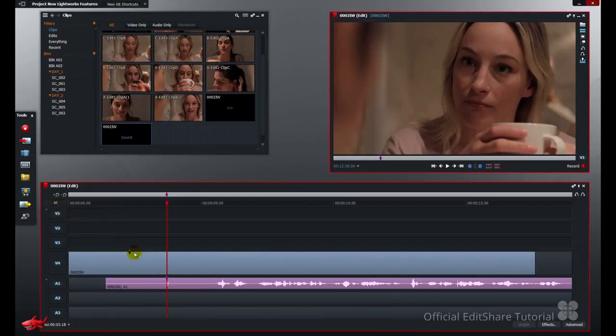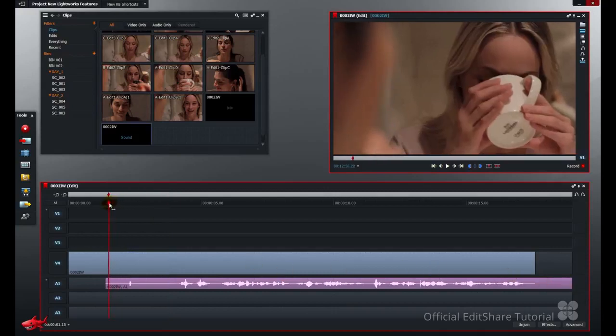Now both points are marked. I just need to choose the appropriate trim mode to align them. Holding my Alt key, clicking the inside edges of the audio, I'm going to slip into place using the align function. Control K. Now the marks are synced and the dialogue's